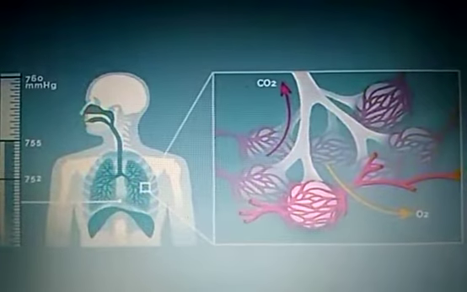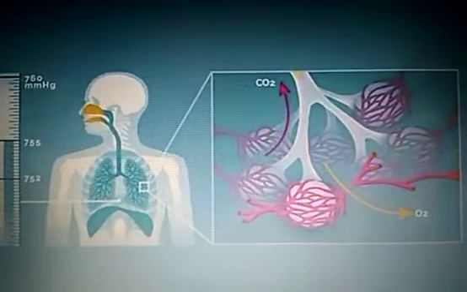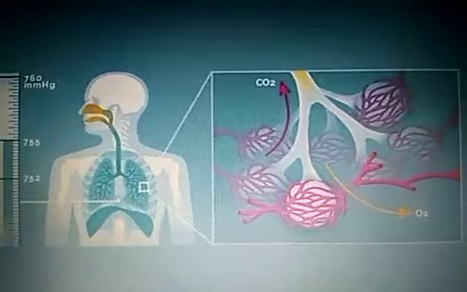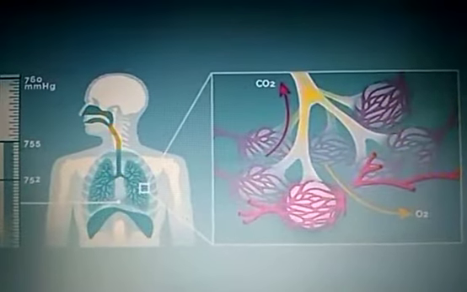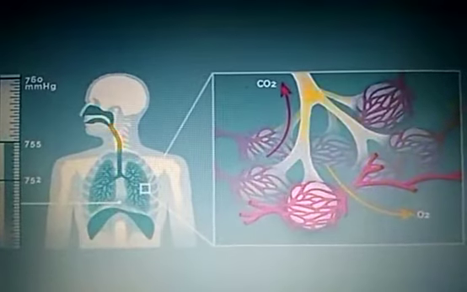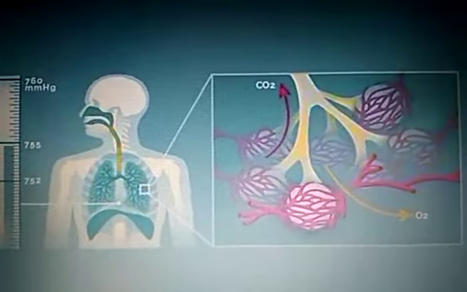Now let us talk about bronchi. Bronchi are the branches of trachea. You can say when trachea divides, it leads to bronchi. These branches are called lobar bronchi, that again divide into segmental bronchi.